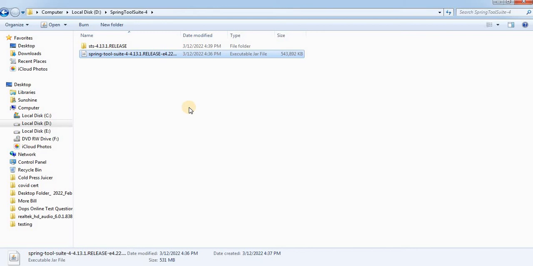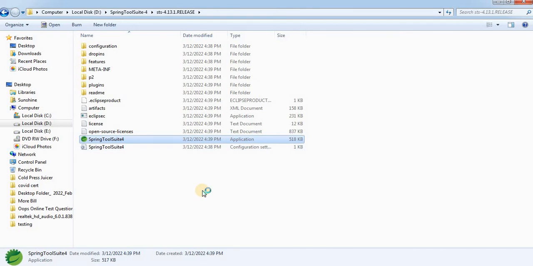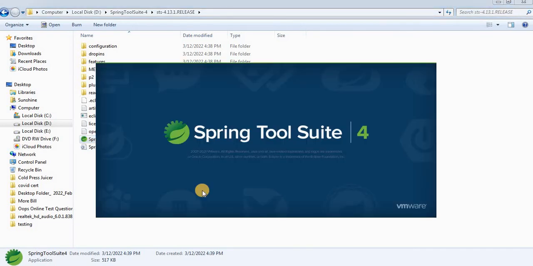Once unpacking is completed, you just open this folder and you will find an application icon, which is the application file. You have to double click on this application file so that Spring Tool Suite will start initializing.